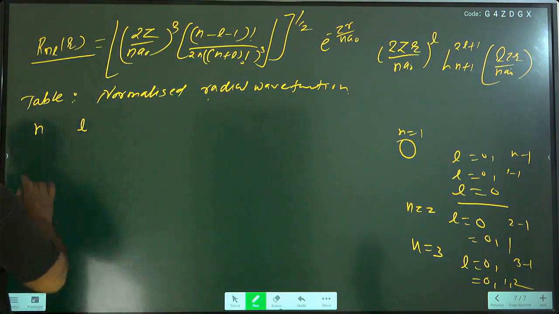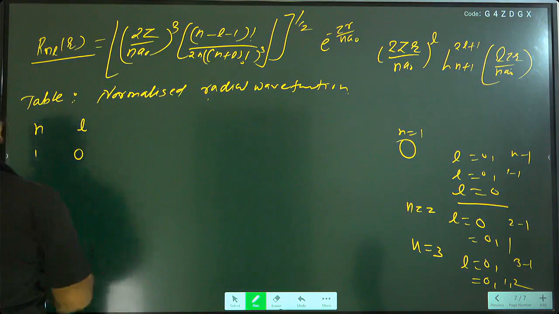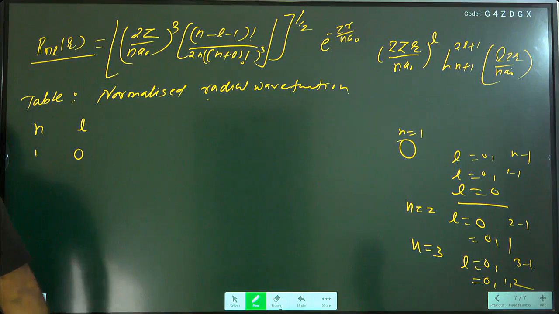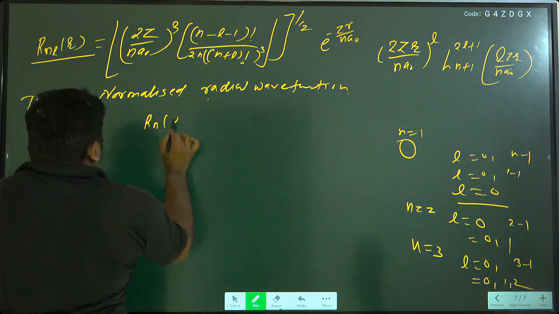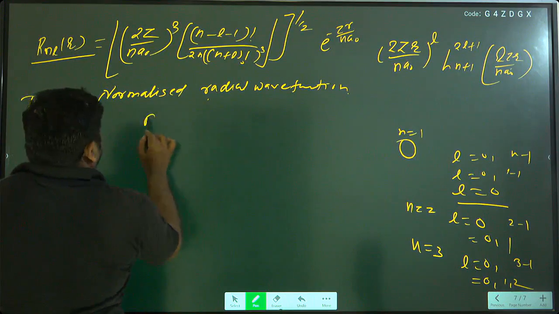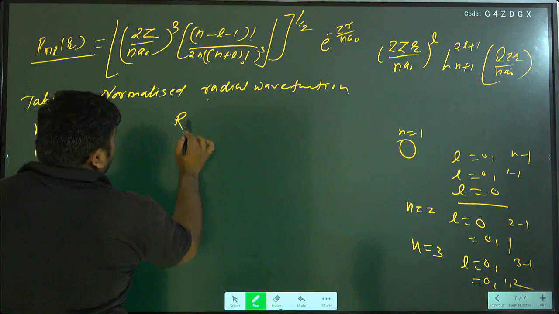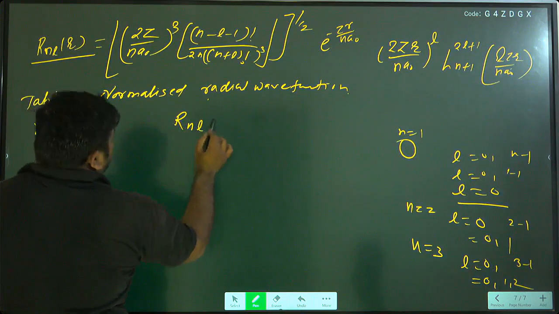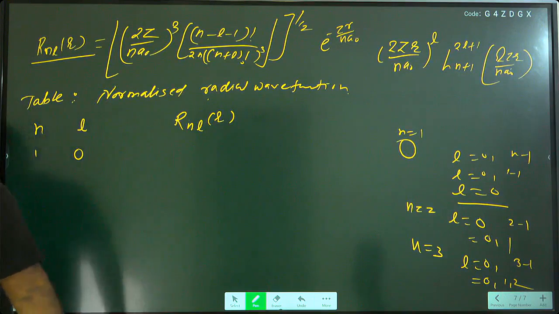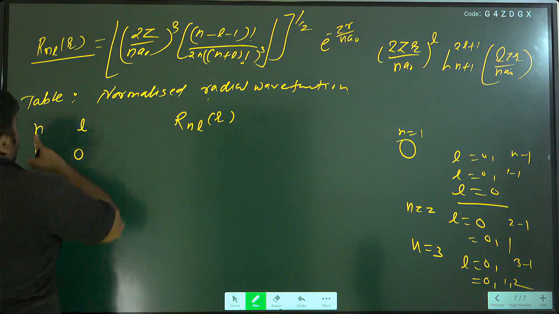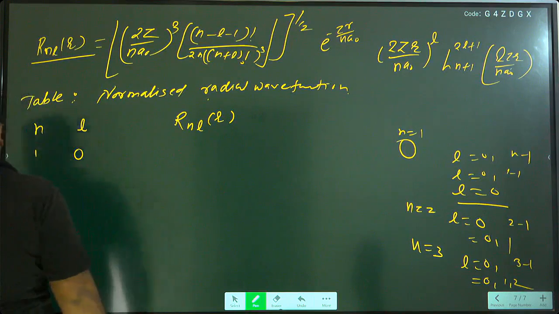Now n is equal to 1, then L is equal to how much? 0. Okay, then what is the value of this function? R n l of r. देखिए फर्स्ट फंक्शन n is equal to 1, L is equal to 0, सब्स्टिट्यूट करिए. n is equal to 1, L is equal to 0,